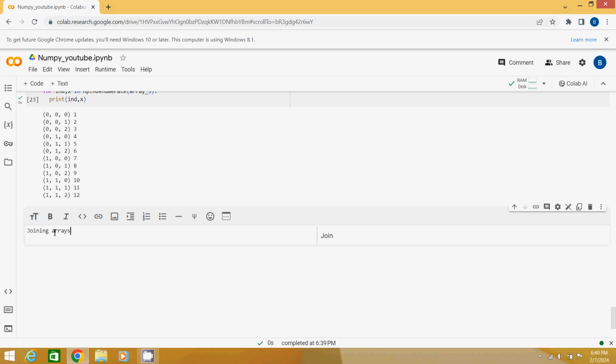Joining arrays in NumPy. Here we're going to concat two different arrays into a single array. Let's consider, joining means putting two or more arrays into a single array. Okay, that is called joining. So basically there are several